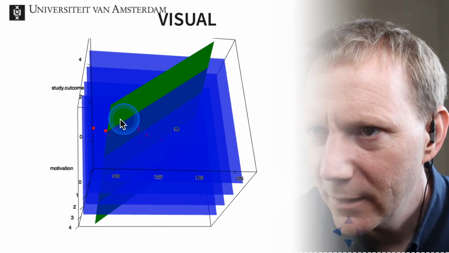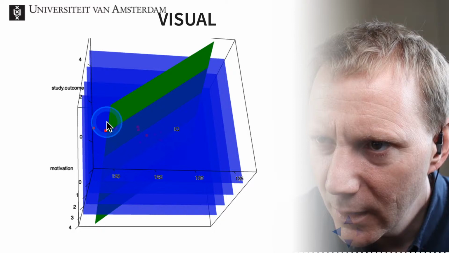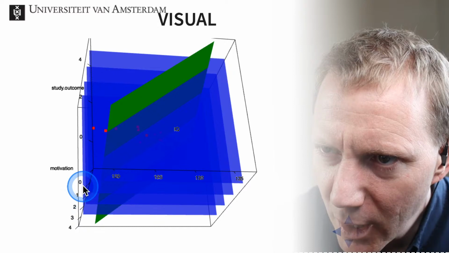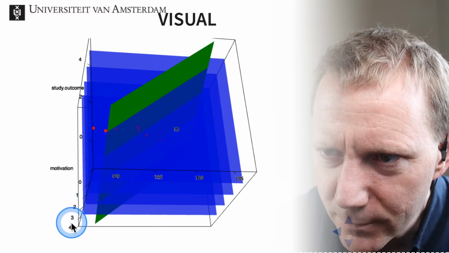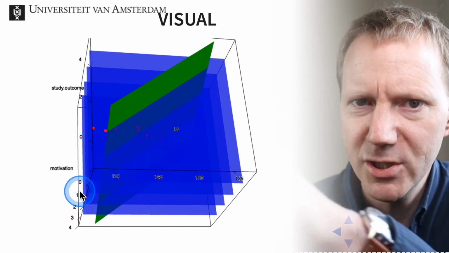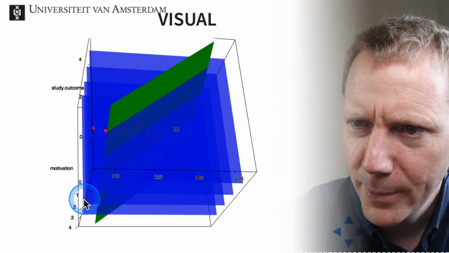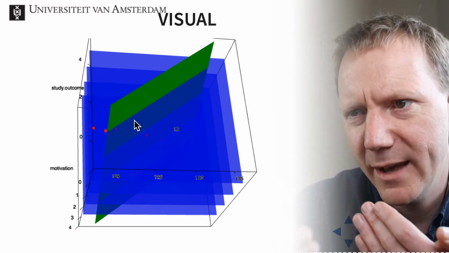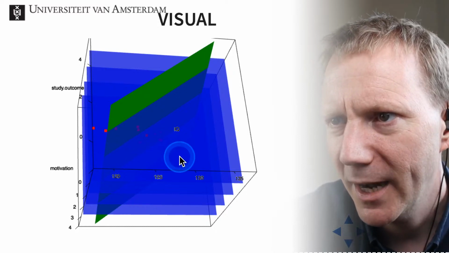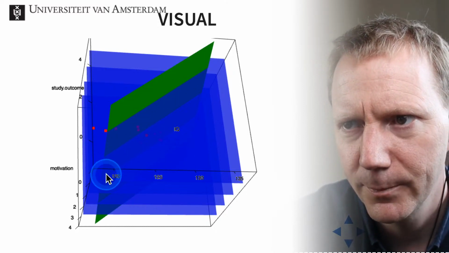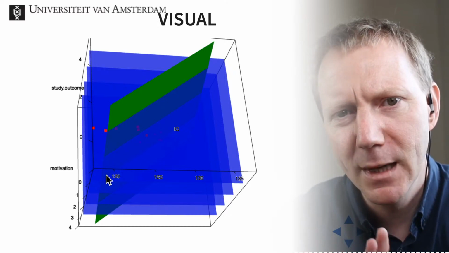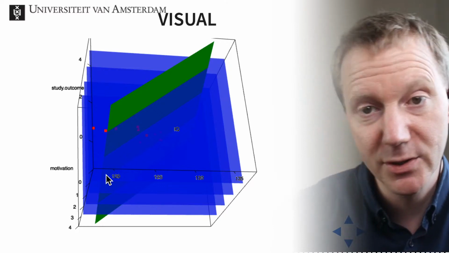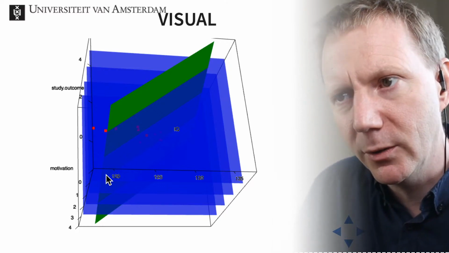Yes. And do you see that this line means that it's on a higher score of motivation? So the motivation is going down in this direction here. So for every level of motivation that you have, the relation between IQ and study outcome is the same. So what you're essentially saying with performing a multiple regression without such an interaction term added to your model is